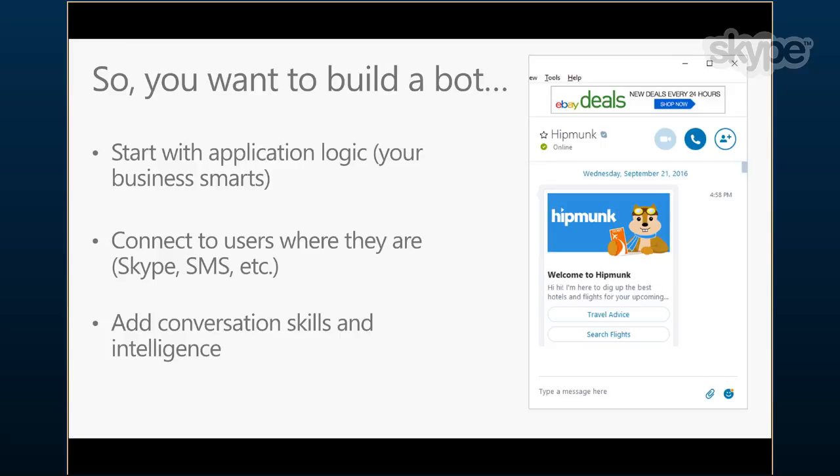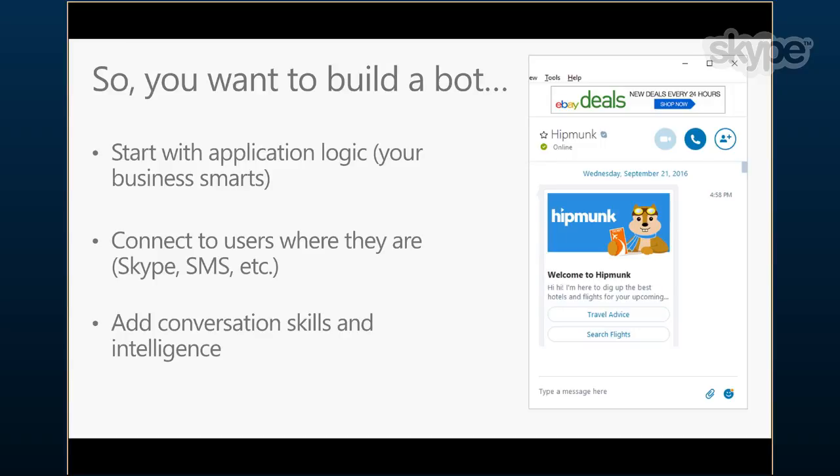So not only do you need to understand the domain that you're going into, but for many of these bots, you need to call out to a number of external services. This might include language understanding. The example I gave earlier about a weather bot. If I were to type into a bot, will it rain in Seattle tomorrow? You need some natural language processing technology that is able to break that sentence down into an intent and a set of entities. So the intent will be, tell me if it's going to rain.